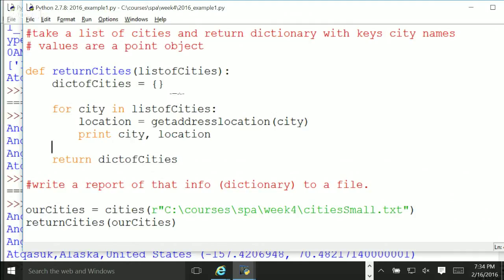So you can see the smaller. Return cities doesn't equal our cities. Return cities is the name of the function. You're going to feed it RC. That's where I'm at. For some reason, that's like